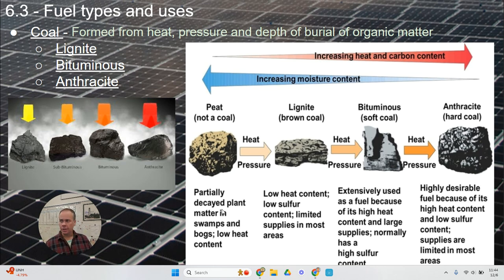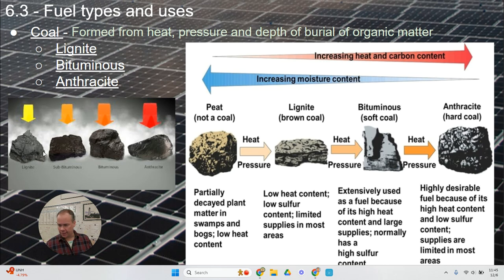partially decayed plant matter that's found in acidic, low oxygen conditions. Peat can be used as a source of fuel, but it's relatively low in heat density. But if that same organic material is buried underground, over time, heat and pressure will transform it into coal. The different stages of coal formation are shown here. The first stage is lignite. This is more dense in terms of heat content than peat.